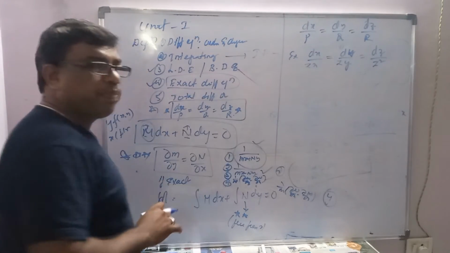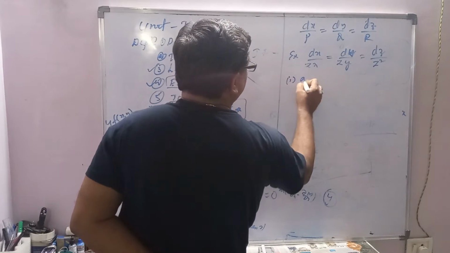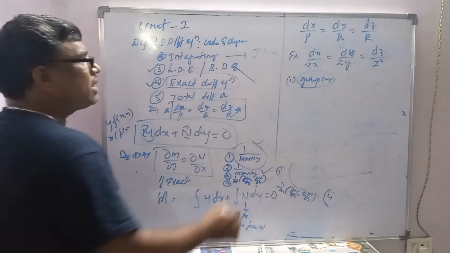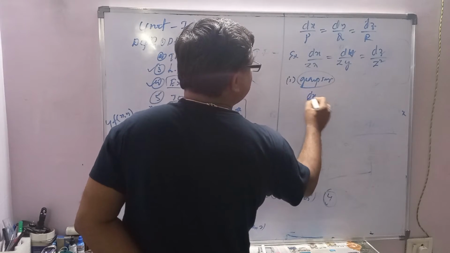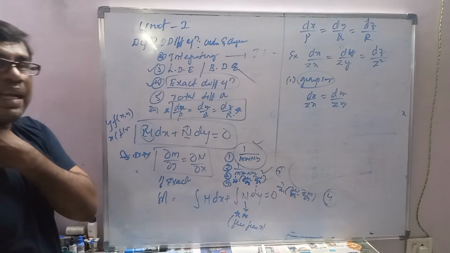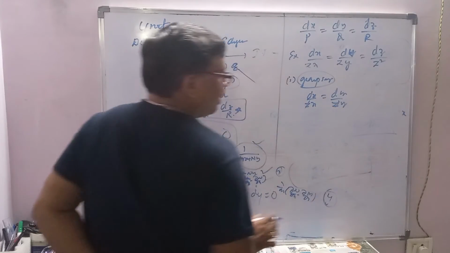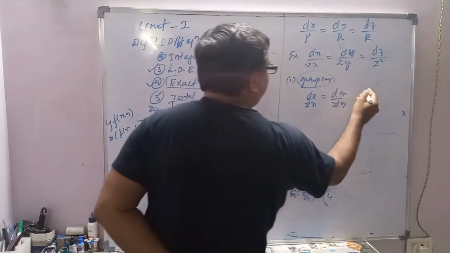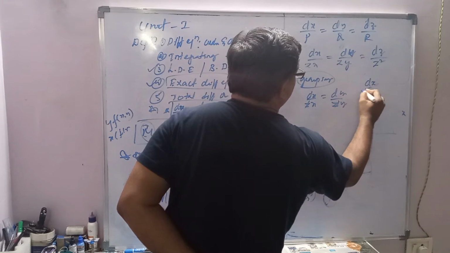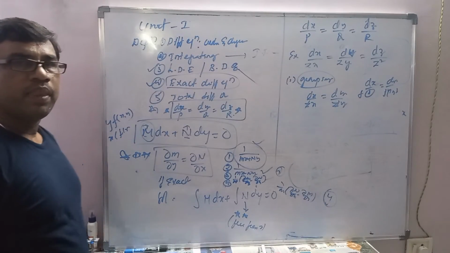Now, suppose we solve this type of differential equation. Simply, first of all, you can go for grouping. Right? Sir, how to? Just take the first two. If you consider the first two, then here z gets cancelled, no? See, here z cancels. That means if you consider this pair, it can be written as dx by some function of x is equal to dy by function of y. We are getting it now, right?